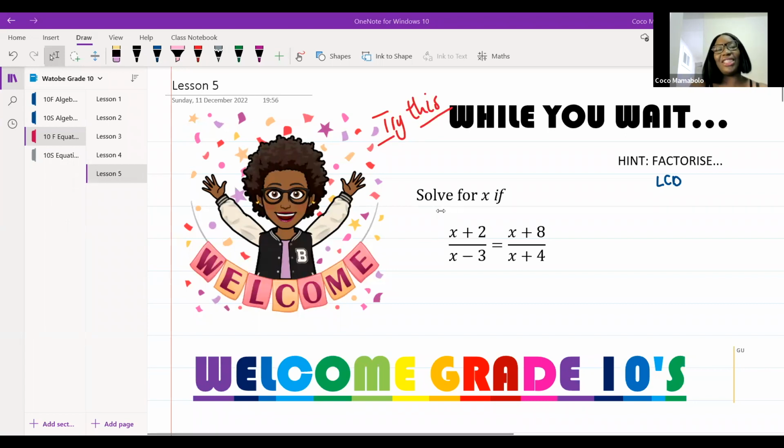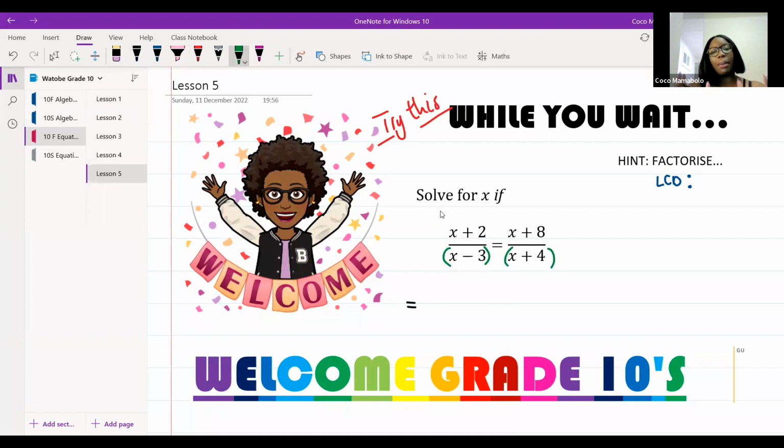All right, let's have a look at this question quickly. Does anybody want to pop what my LCD will be? Anybody want to tell me what my LCD is? Remember, we're just going to take the two things and we're going to multiply them together. You don't even have to expand. I see what Nobuche has done there. Nobuche has taken just the numbers, multiplied them together, and that's not what we want to do in this case. What we want to do, we want to take the whole thing, multiply them together, just like Muteo has done. Muteo, you're a whole genius.